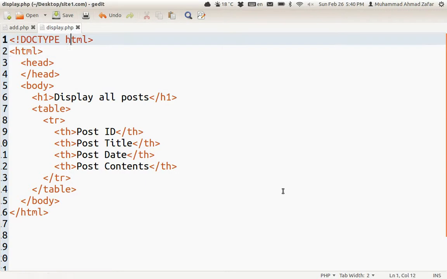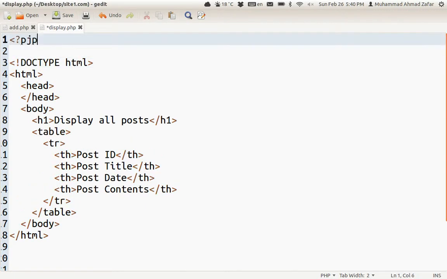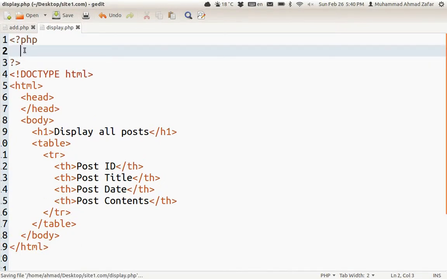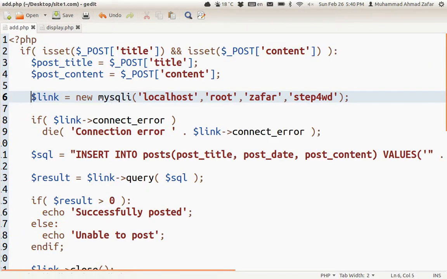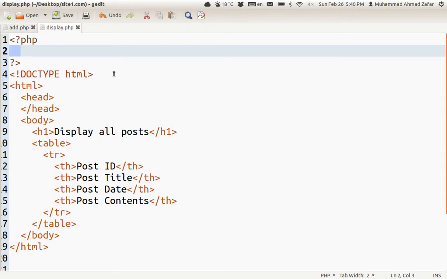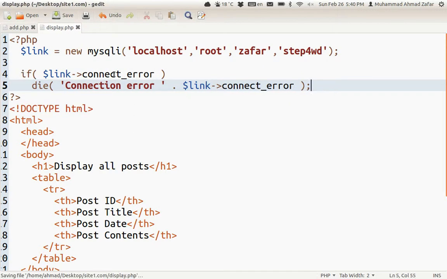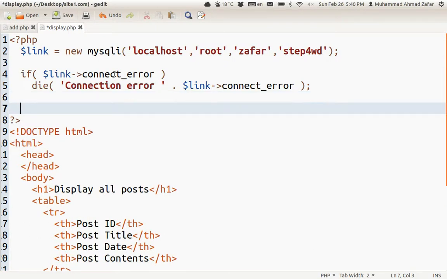How is it possible? In the beginning we will make a connection to the database. We can simply copy these lines which we discussed in the previous one, so that we don't have to go into those details once again. If there was any database error, the script will be killed and we'll return over here. Otherwise,